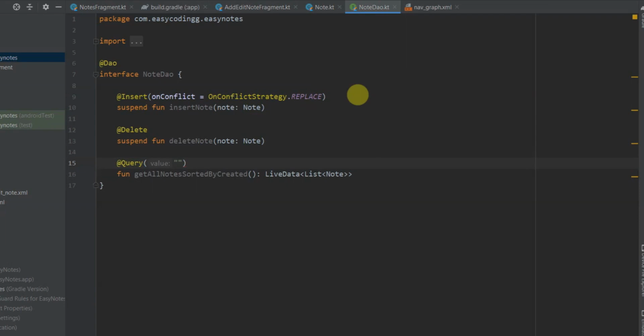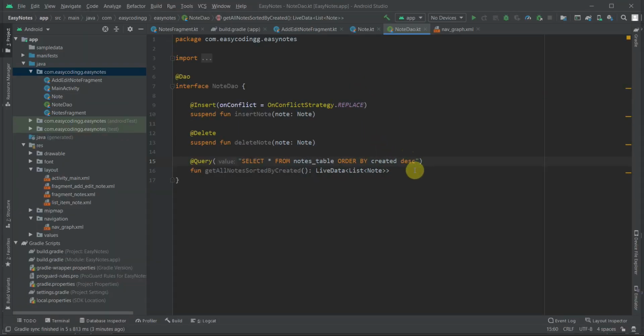So in this case it will be SELECT * FROM notes table. Star means that we need all the columns from our table. ORDER BY created in descending order, and for that we will need to add DESC at the end.